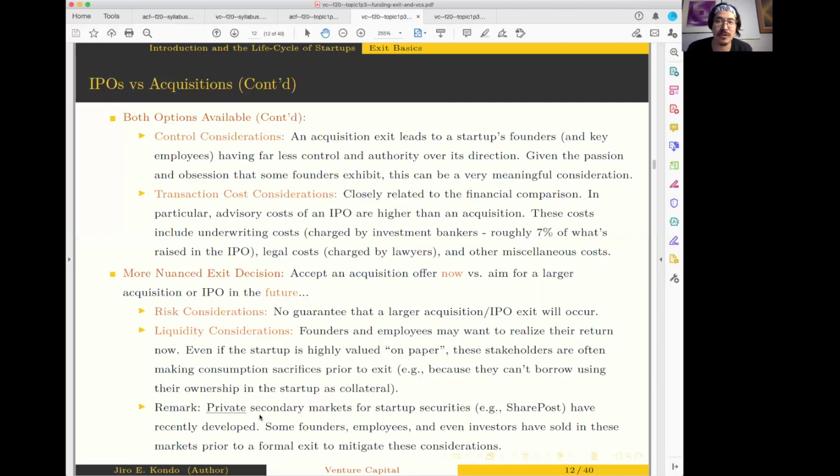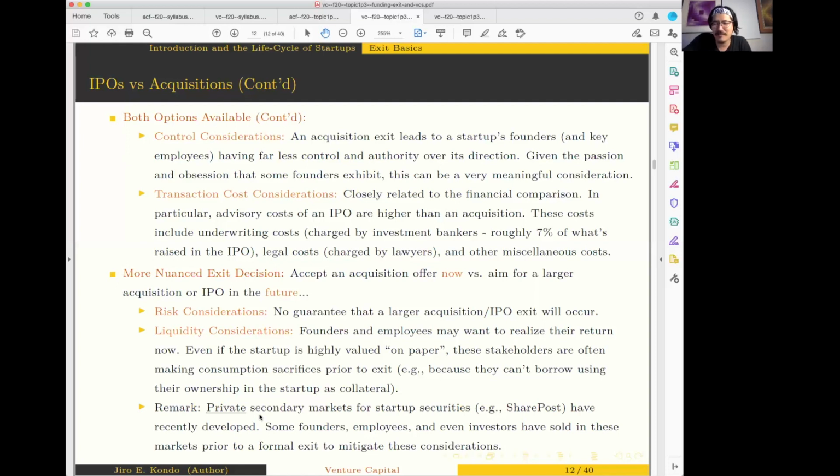Another thing that plays a role is liquidity considerations, because right now, like, liquidity issue. Look, at the end of the day, you being a startup founder and all your employees who own shares in your startup, you guys are holding an illiquid thing, right? One benefit of taking the money now is all of a sudden you've got liquidity, right? And you can actually start spending what used to be formerly paper wealth, right?